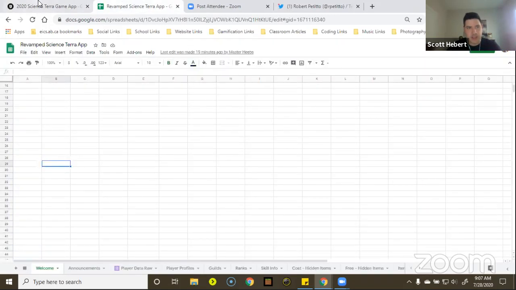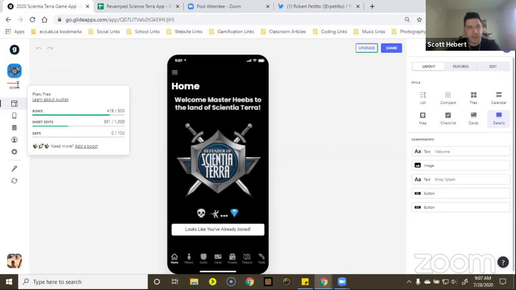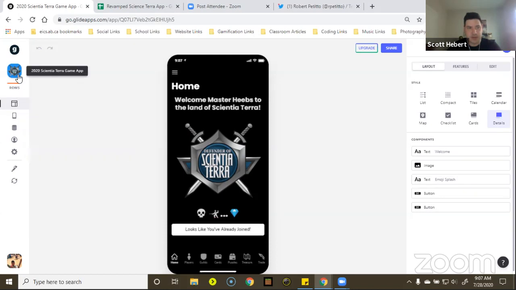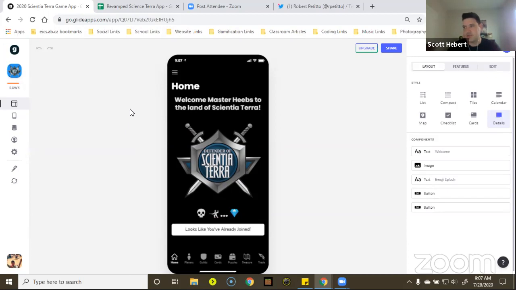Once you hit 500, your app is full and you have to have a paid version. There's a brand new feature, based on requests from teachers and people who don't need the complete full version, where you can boost by spending about $5 a month to add more rows and sheet edits. When you do a referral, I get a bonus 100 rows. So if you're going to watch the videos and such, it would be great if you could do that.